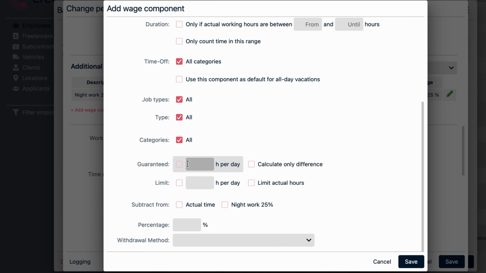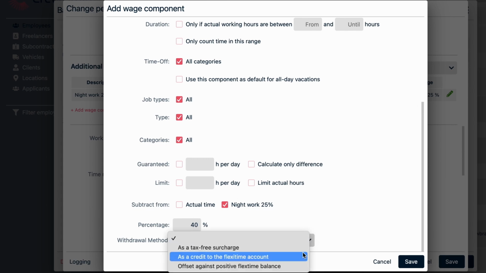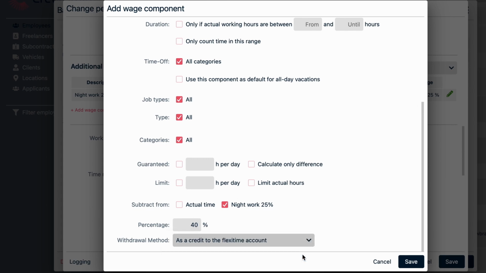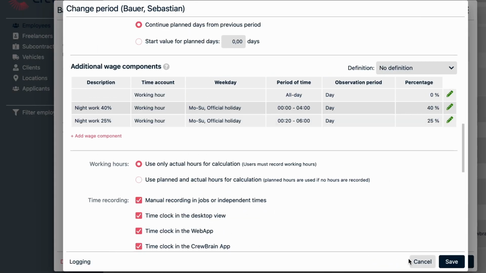There are no guaranteed hours or a limit on hours in this case. However, the night work 40% is deducted from the night work 25%, as they are not supposed to apply simultaneously. So the percentage is just the 40%, and here you decide how the surcharge should be paid out. I save this. If you do not want to create each wage component individually for each employee, it makes sense